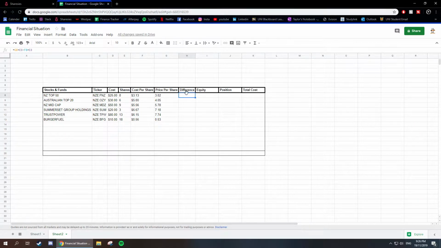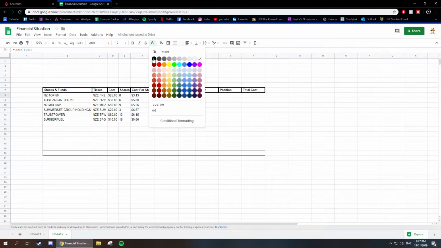You can calculate the difference, the gain or loss between how much you bought them for and how much they're worth now, which is quite handy to know. For this you want to get the current price per share, times it by the amount of shares you have, and then minus the cost per share times the amount of shares you have. So here, G8 times E8 minus F8 times E8,